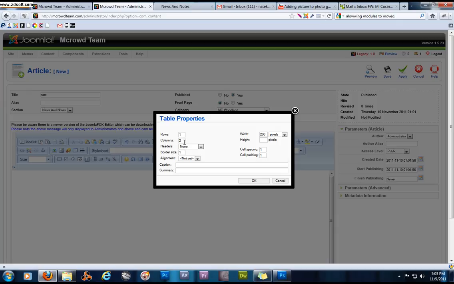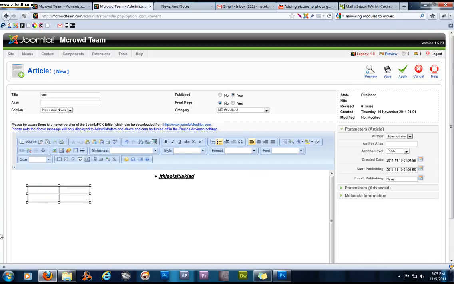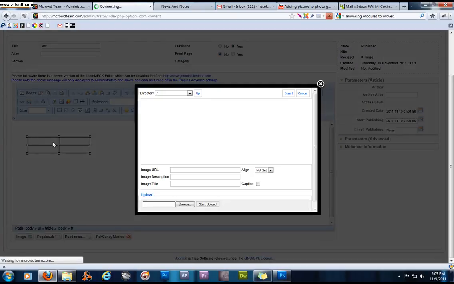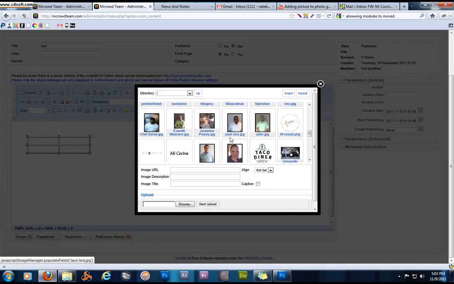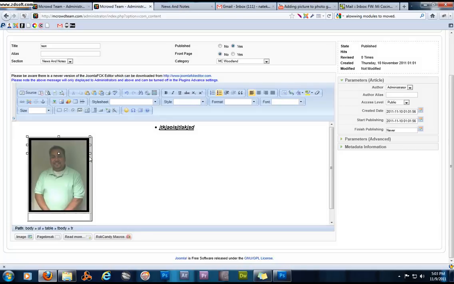I would do, let's see, 2 and 2, and then I usually do 0. That way the border of the cell box is invisible. But I'll show you what it looks like with a little bit on there too. It'll just put a color there so you can see. So say you want to put an image inside this box. We'll do a little sample picture of John here, and then you type in your paragraph type stuff